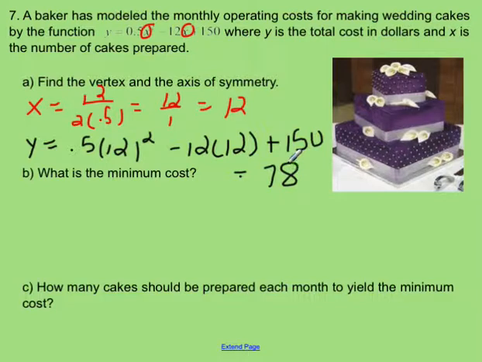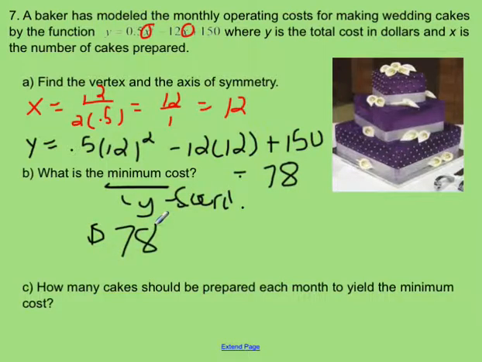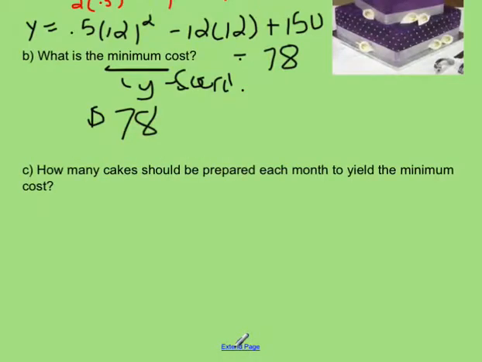So now we need to answer the part 2 questions. Whenever we're talking about the minimum cost, that comes from the y coordinate of the vertex. So the minimum cost then is $78. How many cakes should be prepared each month to yield the minimum cost? To get the minimum cost, that's where we look at our x value, and our x value is 12. So to minimize our costs, we need to make